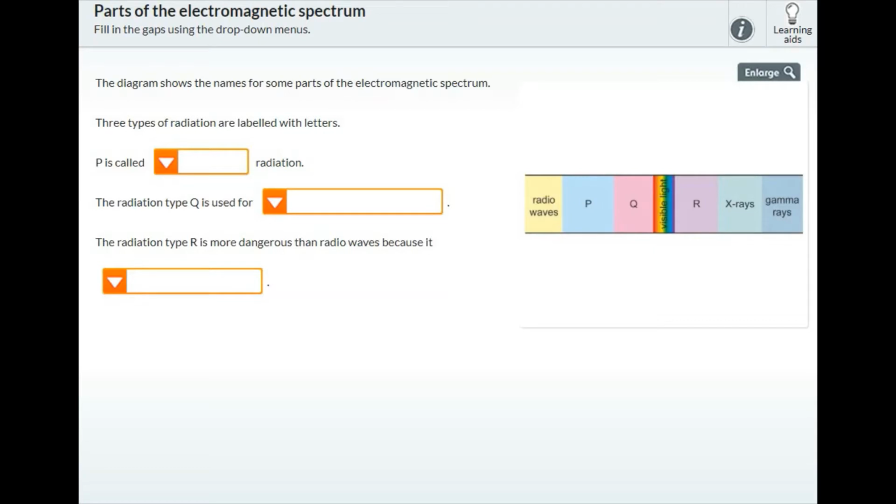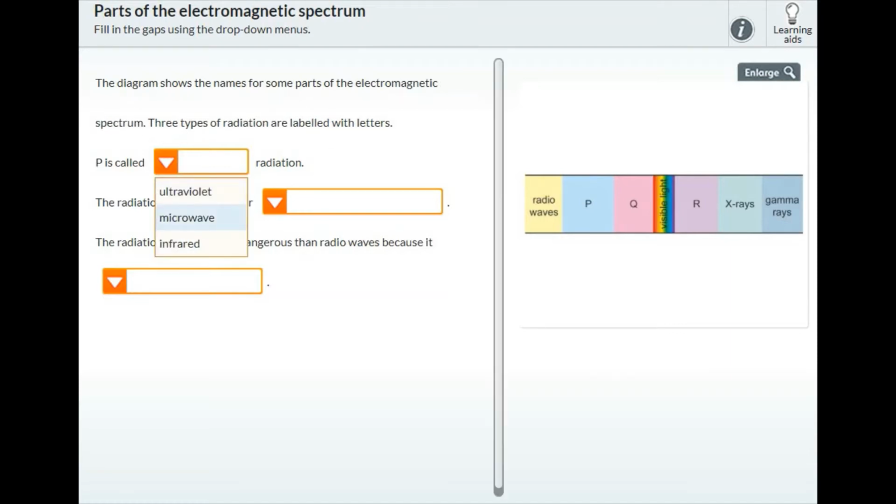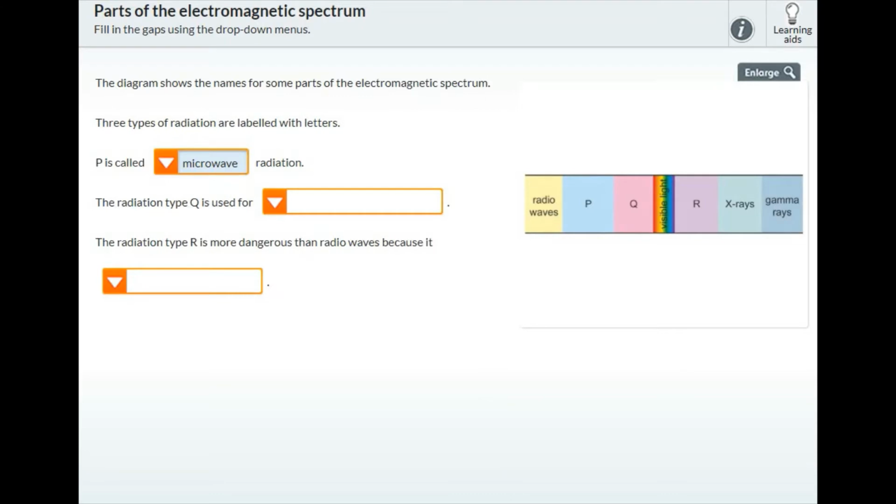And then the energy that the waves have starts off at lower energy at the radio waves, and they head up to the higher energy at the gamma rays. So let's answer the questions then. It says the three types of radiation are labelled with letters. P is called, so here, after radio waves, you get microwaves. So microwaves. The radiation type Q is used for, so this is actually infrared radiation, infrared just before the red